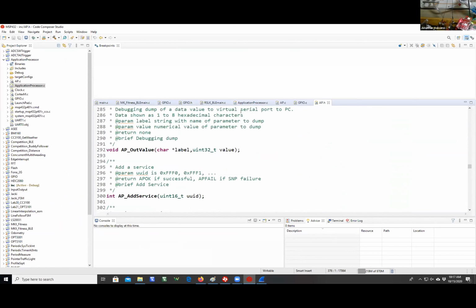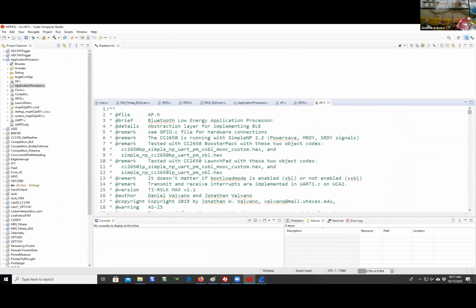Again, in this starter code, the 432 is the application processor, and the CC2650 is the network processor. Okay,